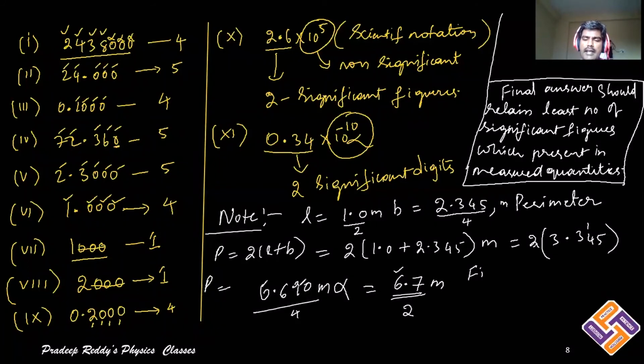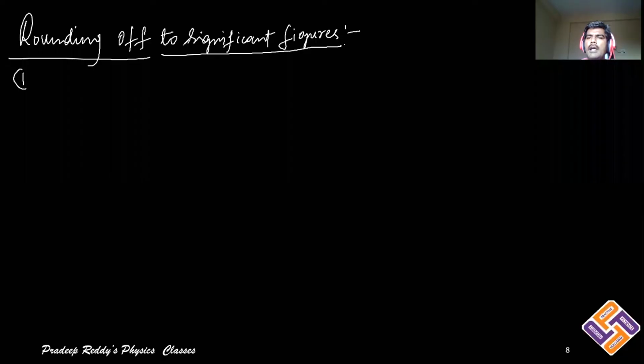and 7. 9 is greater than 5. Therefore, I am rounding it up, increasing this 6 to 7. We have rounding rules. I'll tell you that now. These are the rules and regulations to count the number of significant figures. As I already showed in the previous example, the final answer should definitely retain the least significant figures in the final answer. That's what we have already seen in the length and breadth example.